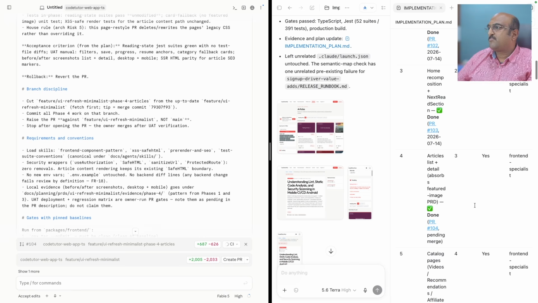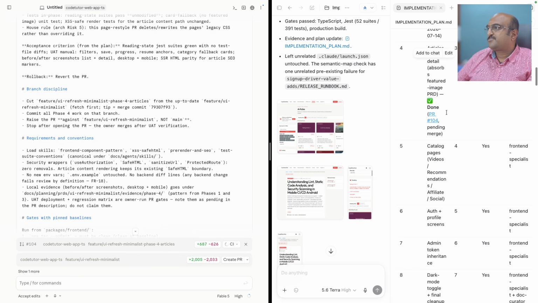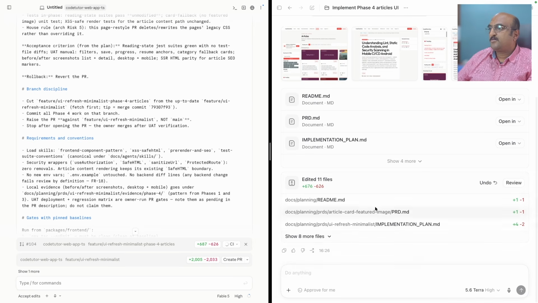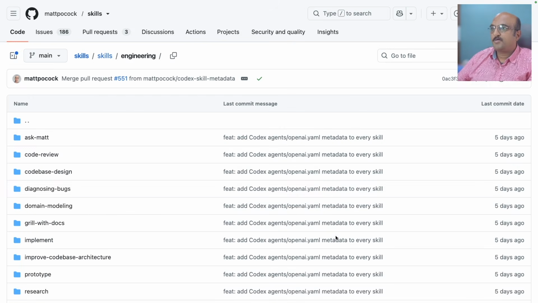If you come down here, earlier this third phase of the implementation plan was still under development, so now it has updated it to done, and the fourth phase is also done, and it should have raised a PR by now. Let us go there and check whether the PR is done.